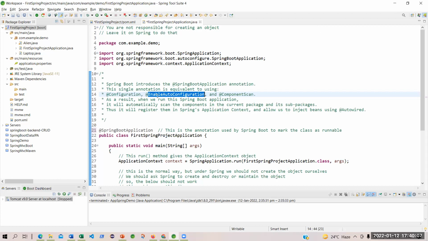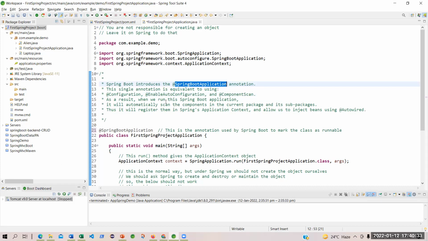Now, even after this was done, it has come up with the @SpringBootApplication annotation, which has replaced all three of them. So component scanning, auto configuration, and the configuration, everything has been taken care of by a simple and straightforward @SpringBootApplication annotation.